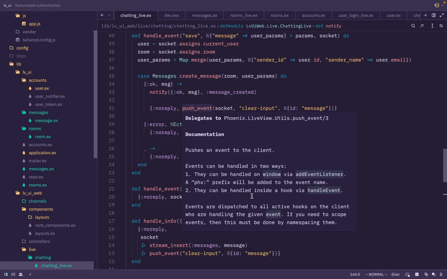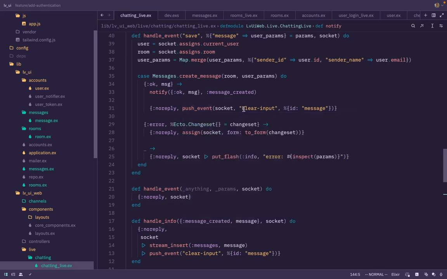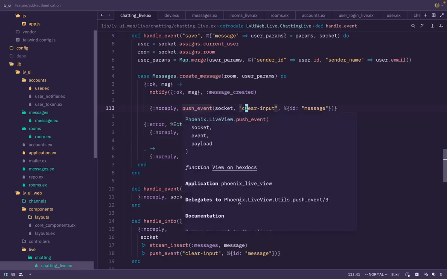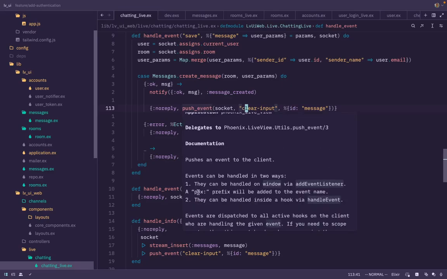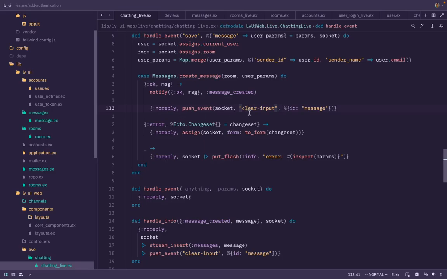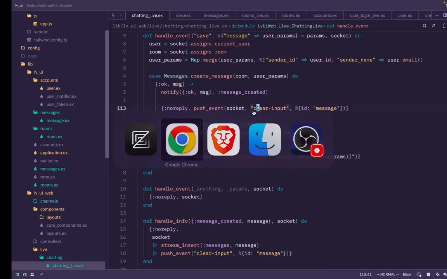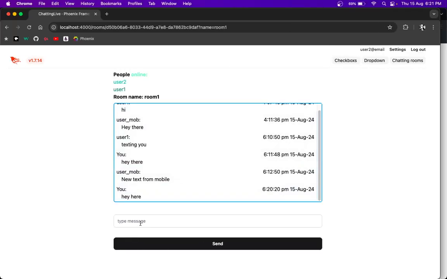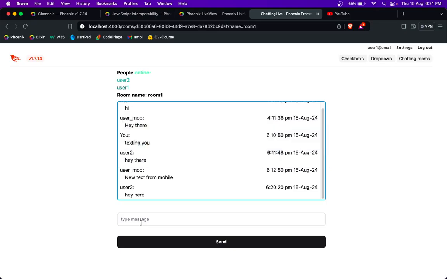So push event pushes this text along with phx. They can be handled on window via add event listener. So once a new message is created, I'm pushing this. That is why, when I go to a different browser,